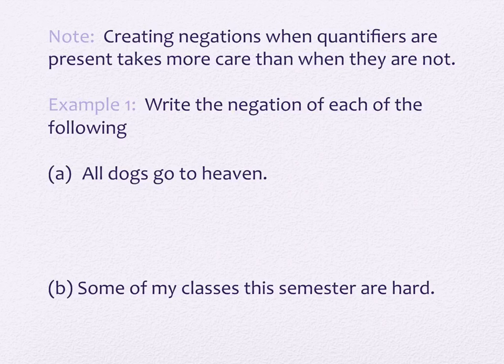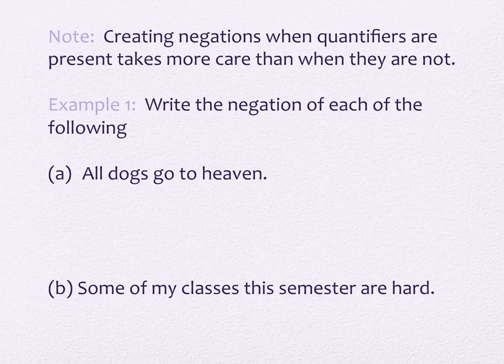Okay, you've heard that phrase before. It's a movie that's titled that, in fact, as well. What is the very least? Don't think about the words. Don't think about math stuff that I've been talking about, reason and logic. What is the very, very smallest thing that could happen to make this statement false? One dog doesn't. That's all it would take, right? One dog not going to heaven would be enough to make this statement false. That's the negation. The very smallest amount of what could go wrong, it's the counterexample of what could go wrong